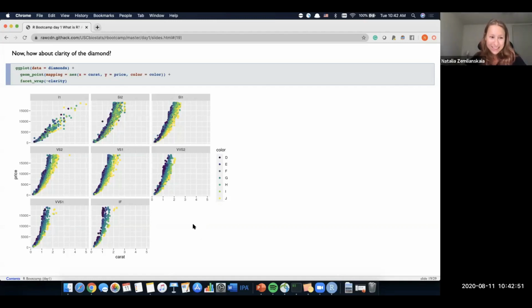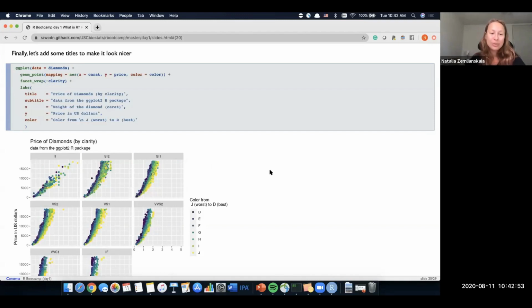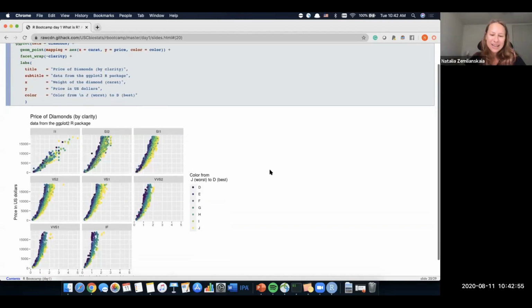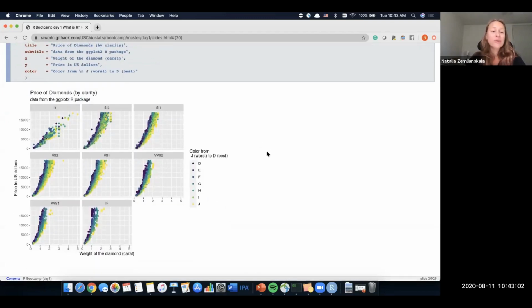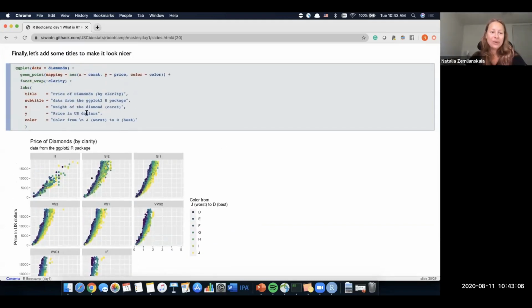And the last step for our plot is to make sure we labeled all of the axes and got a title for our plot, for example, if we want to use it in a report or in a paper. And so we use the plus sign again, which is really nice syntax where you add on to your plot, you just add functionality. And you use the function labs